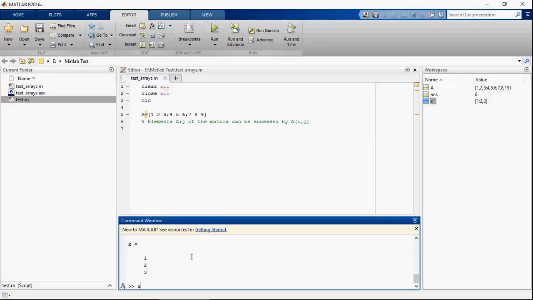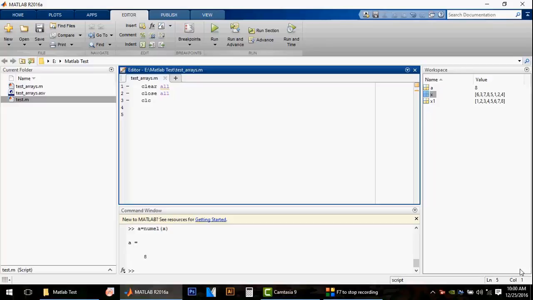Now let's do x transpose into x. So this will give you 14. Now if you do x into x transpose, it will give you a 3 cross 3 matrix.